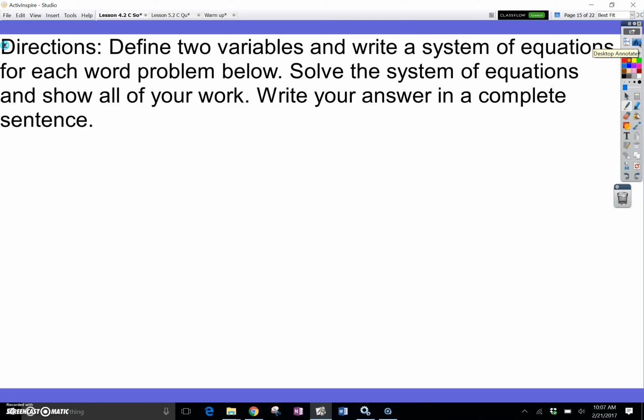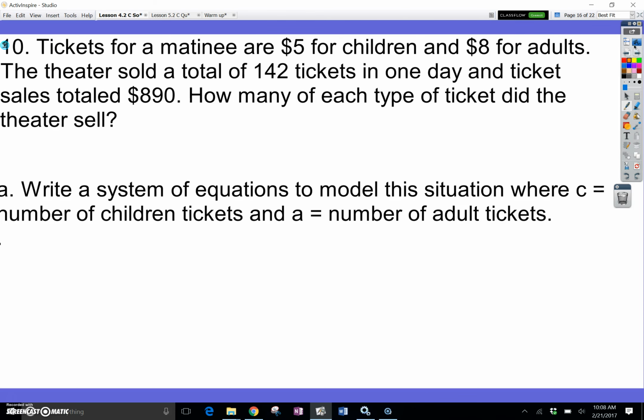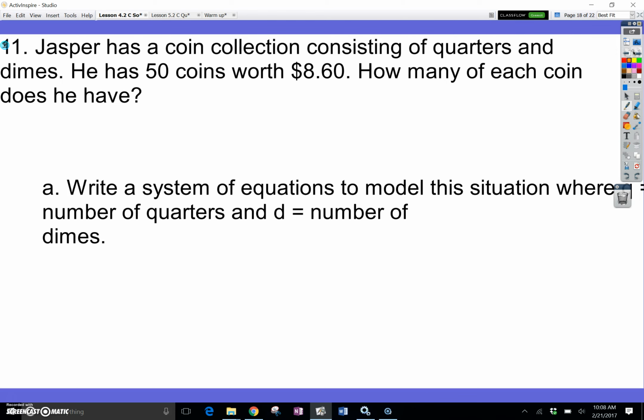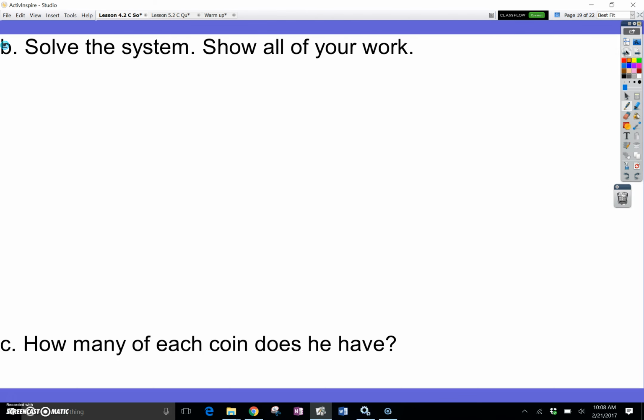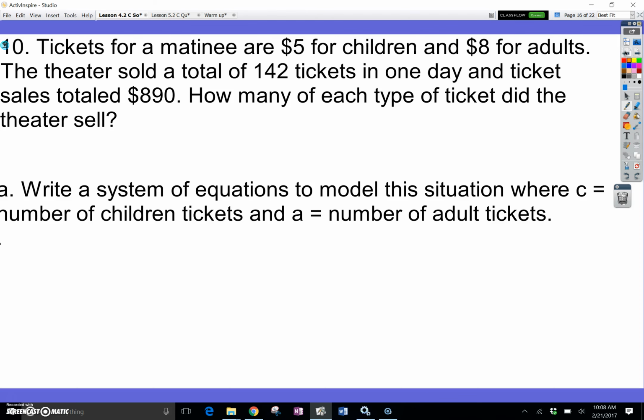Okay. Directions. I want you to define your two variables, and I want you to write a system of equations for each word problem below. I want you to solve the equations and show all your work. I want you to write your answers in a complete sentence. I'm going to do B, 11, 12. I'm going to do the first one with you guys, and then I'm going to let you guys try the rest on your own